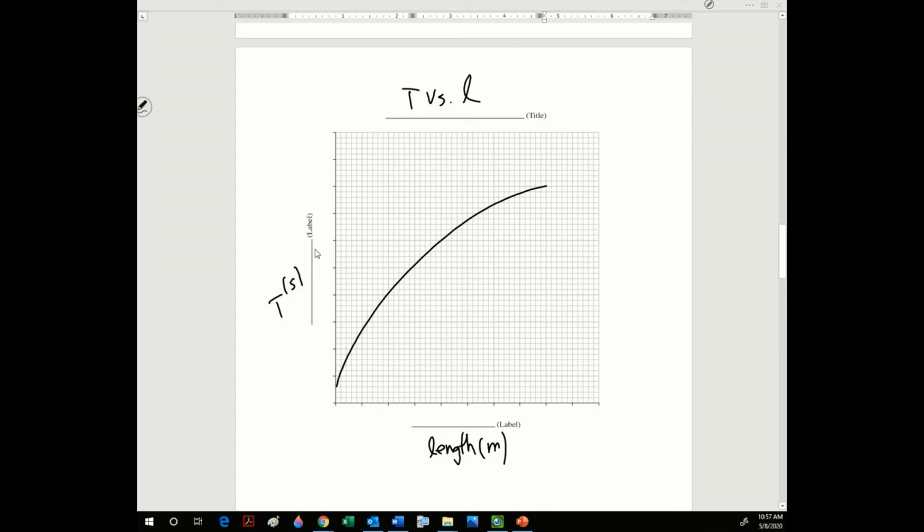So our formula is t equals 2 pi square root L over g, right? To straighten it out, you need to make it look like it does in the formula. So t is fine, but these L's need to be square rooted. So that's what we're going to use